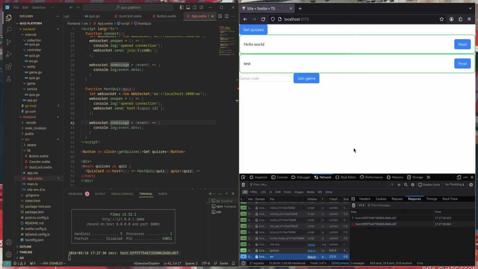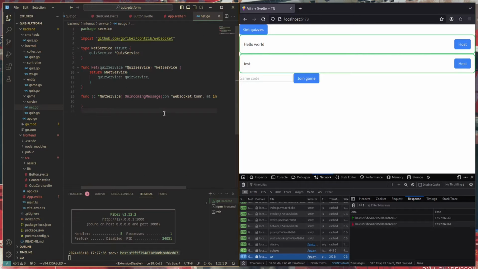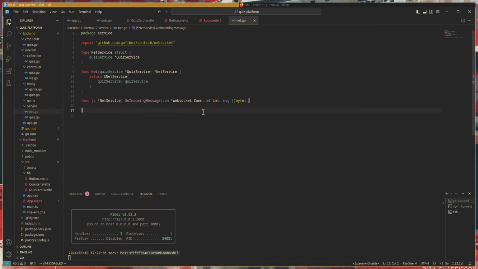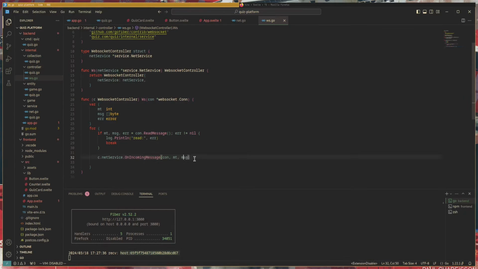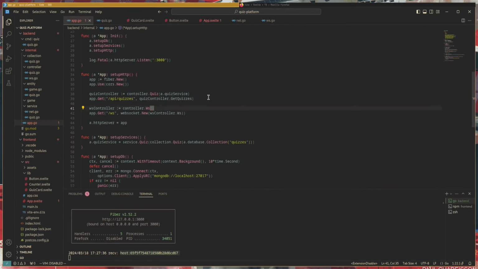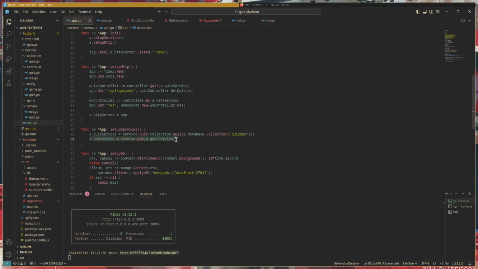So now it's actually time to get something working in the backend as well. Let's go back to our Golang backend and try to implement this. So here I defined a new struct called net service, and this will handle most of the low-level networking stuff. And it's passing quiz service as a dependency since I want to be able to get quizzes from this net service. So instead of that echo server that we had before, we're actually going to use the net service that we have. Now we're going to pass on that incoming message to the net service instead, which will actually handle it. And now in app.go we also need to provide this controller with our net service, so we need to create one for that as well. Now we can see we assign to net service, we create a net service, and then we also provide that net service when we